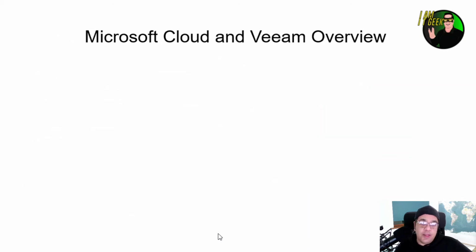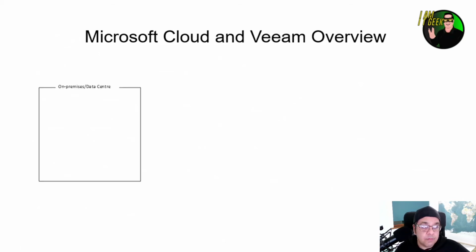So for those of you that have watched some of my other videos, you'll probably remember that I do love a diagram. So this is just a graphical overview of the many services that Veeam offers within Microsoft Cloud and the different workloads that you can look to back up. Again, this is very high level and some of these will be covered in much more detail as we get deeper into the series. So what we have on-premises hypervisors, which can be VMware ESXi or Hyper-V. And we also have a scale-out backup repository, which I'll explain more about in future videos.